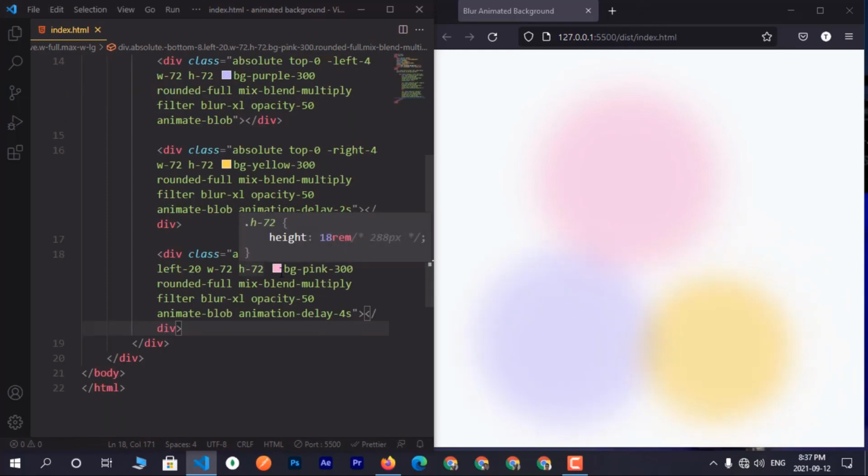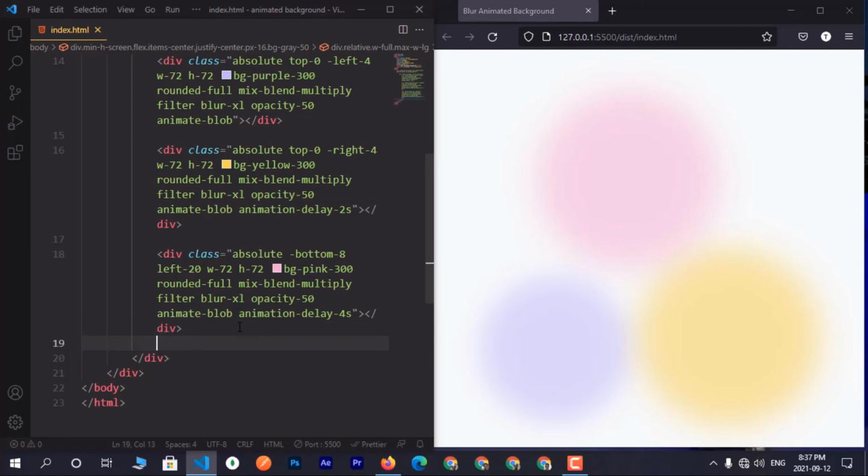Okay, now we are done making the animation. Now it's time for us to make that card. So in order to make that card, phew, finally relaxed. In order to make that card, inside that div where you added those circles, below that we create another div